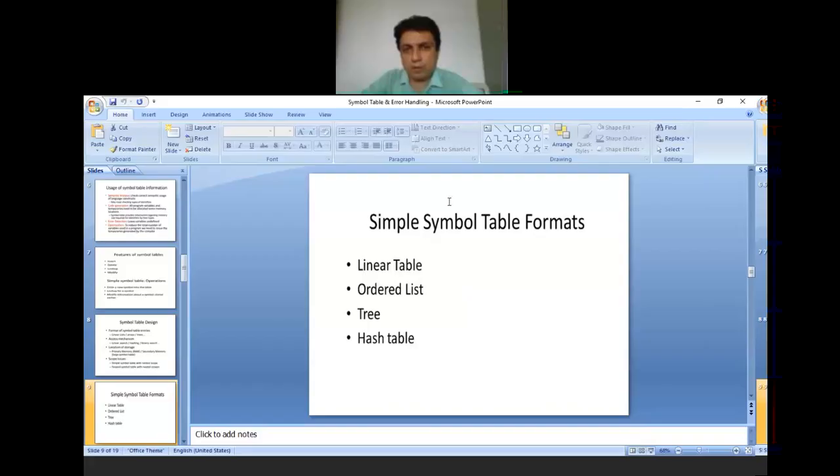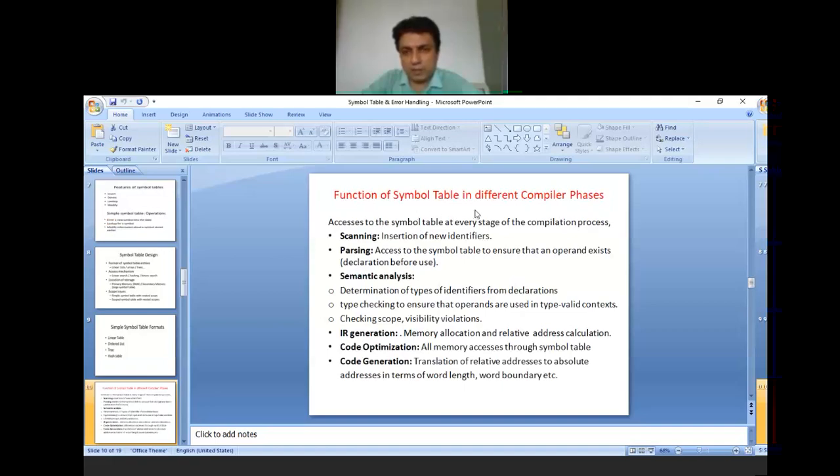Now the functions of the symbol table in different compiler phases. This is very important because every compiler phase is attached to the symbol table, as we already studied in our previous class when we discussed the phases of the compiler.